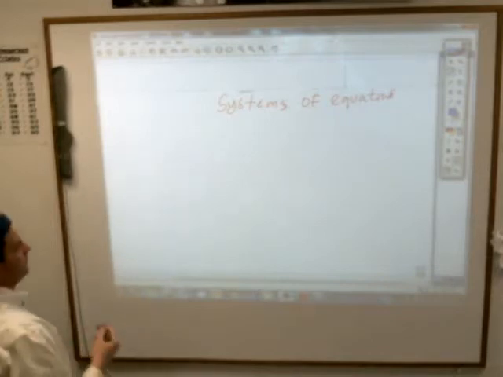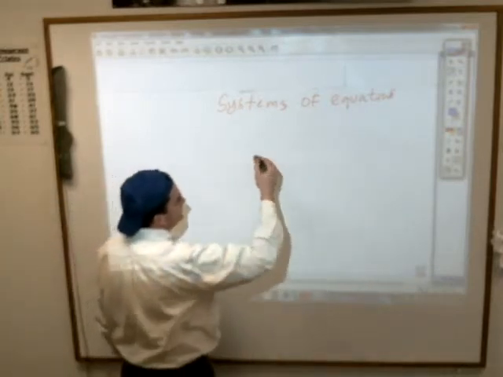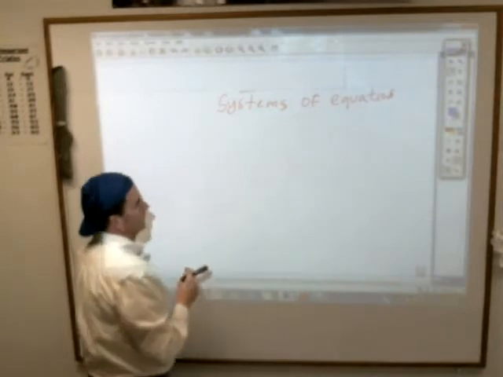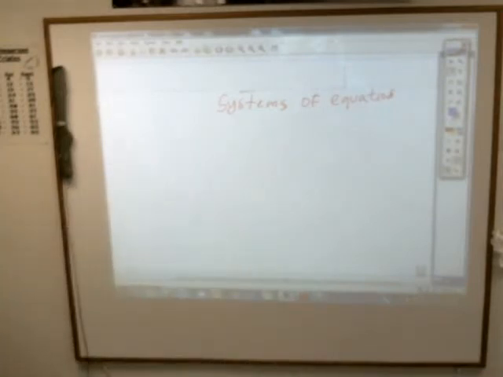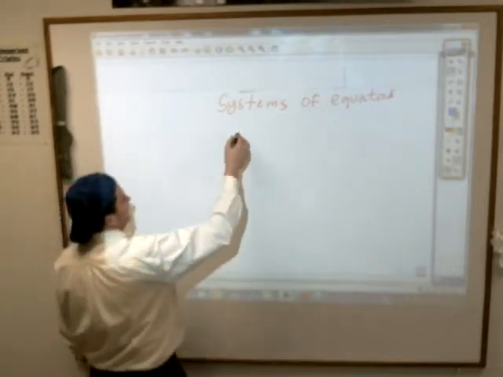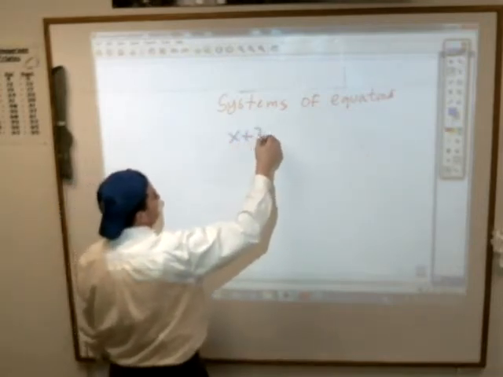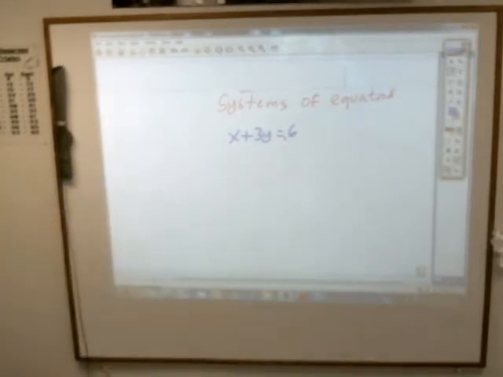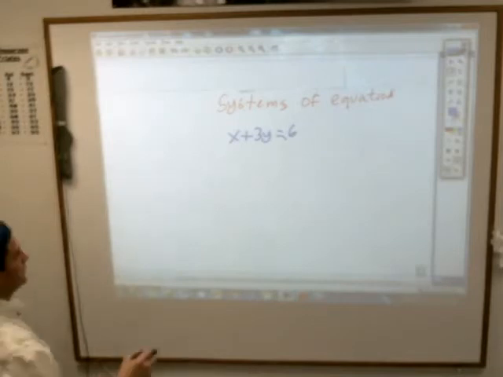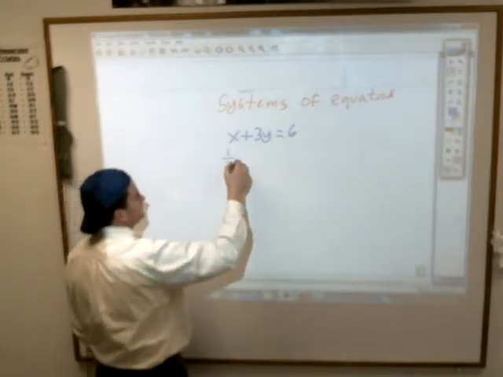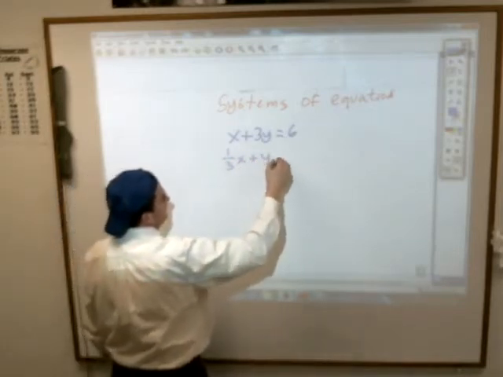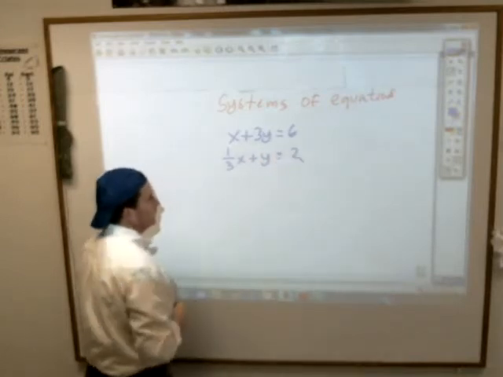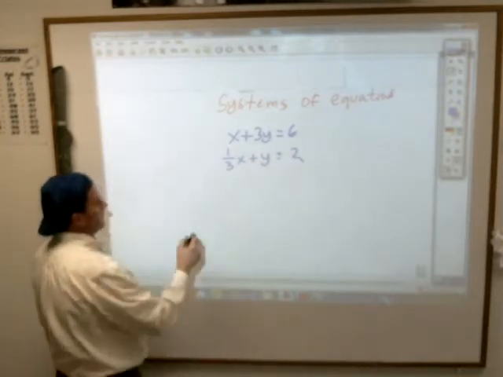When you have systems of equations and you're graphing them, they give you options. In other words, let me just show you this here. When you have something that looks like this, x plus 3y equals 6, and 1/3 x plus y equals 2. Okay, when you have that and you graph that, there are 3